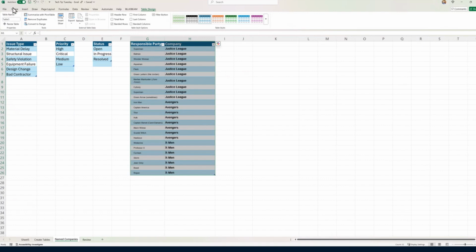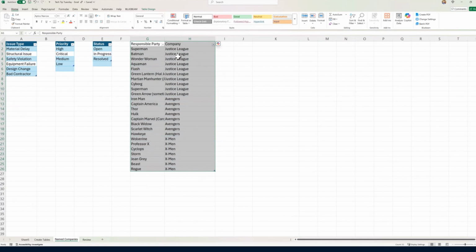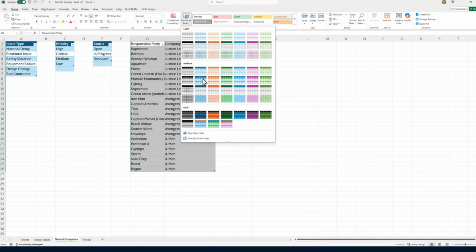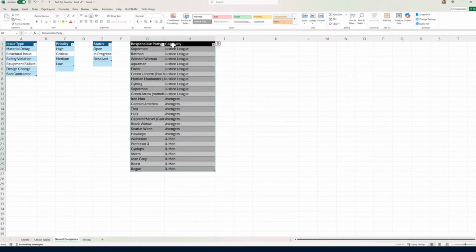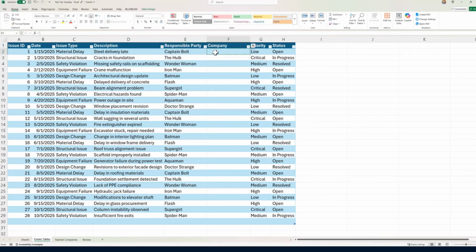And let me just quickly clear my formats. And we'll go back to table. And let's use this table this time. So we got their different companies that they work for. We could even do that same list of companies, only have a drop down for companies, but work through that. But now if I go back to this table, I can do